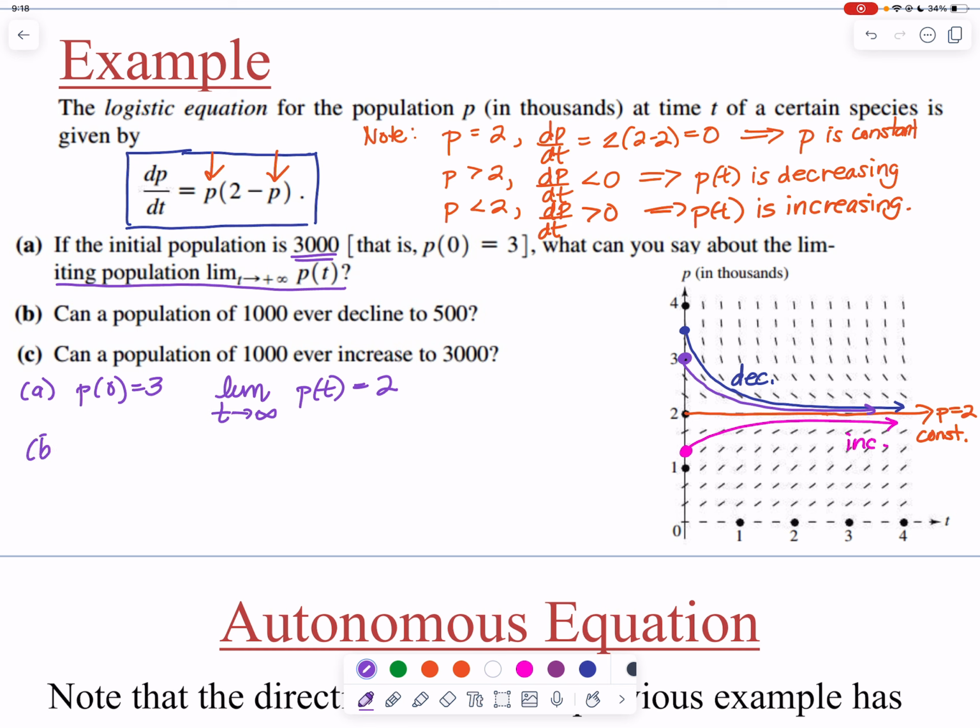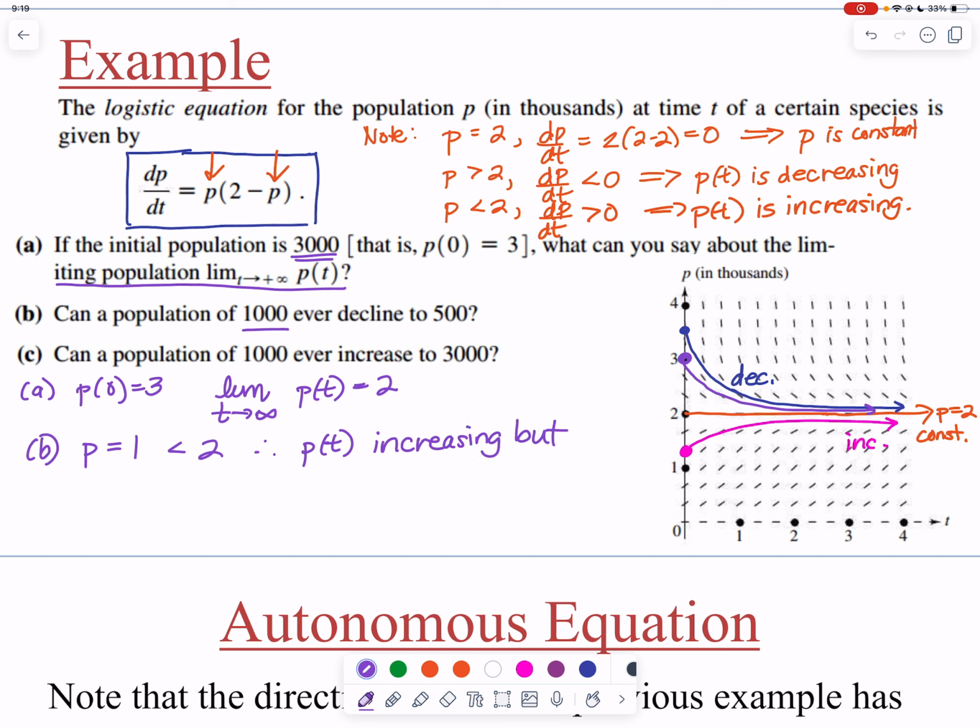Okay, let's go ahead and look at B. Can a population of 1,000 ever decline to 500? Well, since P is equal to 1,000, let's just go ahead and use 1. So if P is equal to 1, that is less than 2. Therefore, P of t will be increasing,